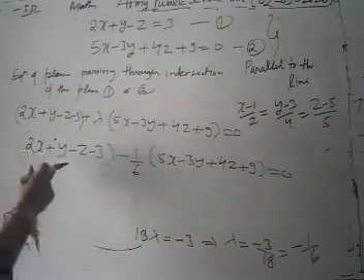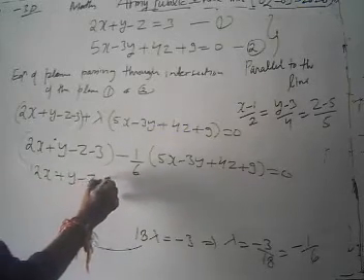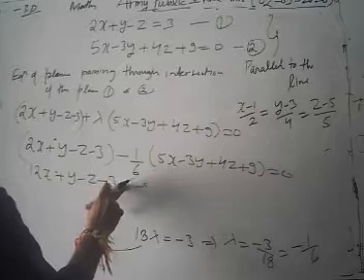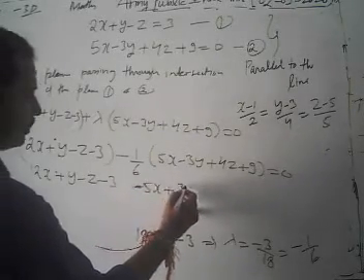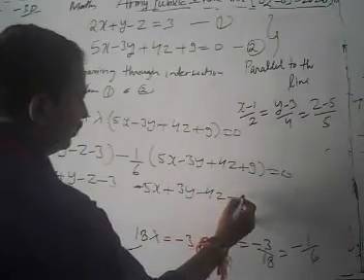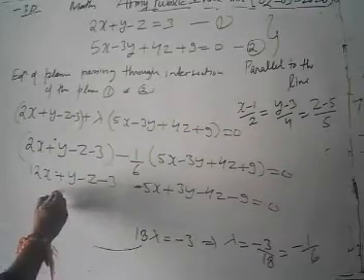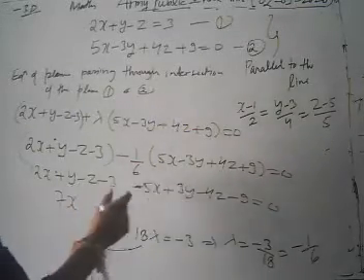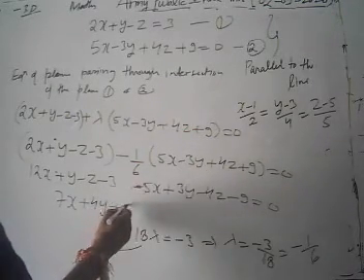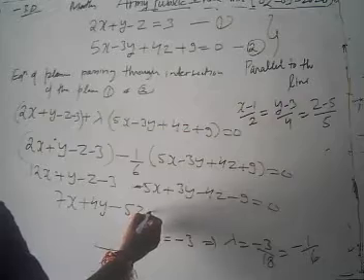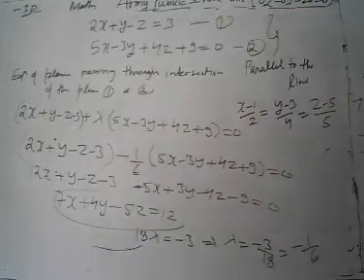Now taking the LCM, then what we get? We get 12x plus y minus z minus 3 minus 5x plus 3y minus 4z minus 9 equal to 0. Now what do we have finally? Then we have 12 minus 5, that is 7x, plus y, 3y plus 4y, then minus 5z and minus 3 minus 9, which means we can take equal to 12.